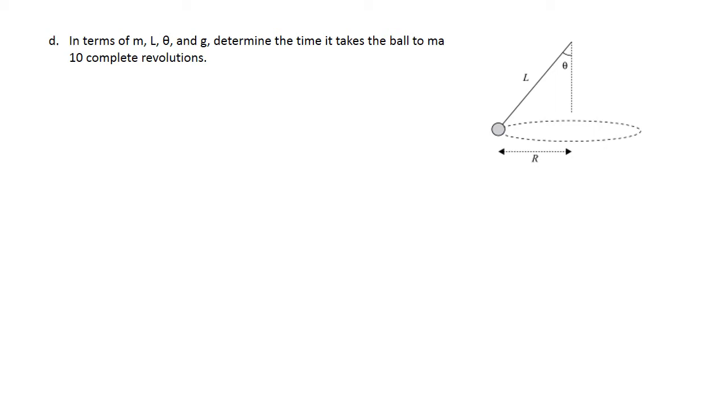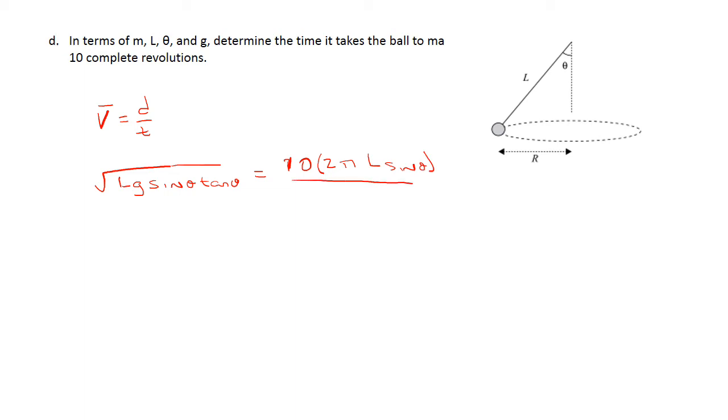So now we're supposed to find how long it'll take the ball to do 10 laps. So v is equal to d over t. The velocity we know from before is the square root of L g sine theta tan theta. The distance it has to go is 10 laps times the circumference of the circle, which is 2 pi r, and r is equal to L sine theta. And so we just have to get t by itself. T is going to equal, the top is 20 pi L sine theta, and the bottom is